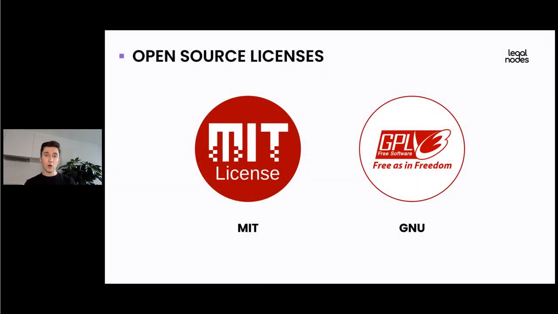When we speak about open source licenses, because that's a very important legal matter when it comes to open source, the source code, we can say that there are different types of open source licenses. It's very important for Web3 founders to clearly analyze different types of open source licenses and choose the most relevant one, as each open source license has its own restrictions in terms of how the source code might be used, how it might be implemented, changed, or how some new products might be built on top